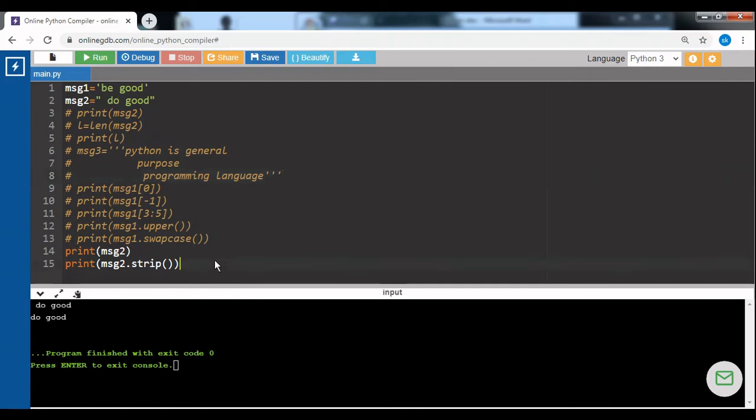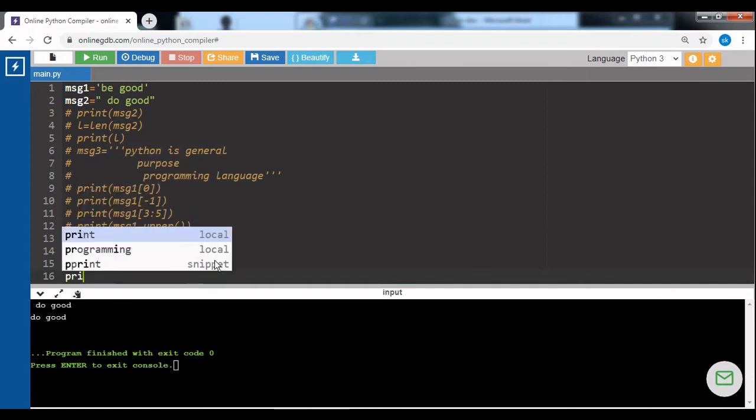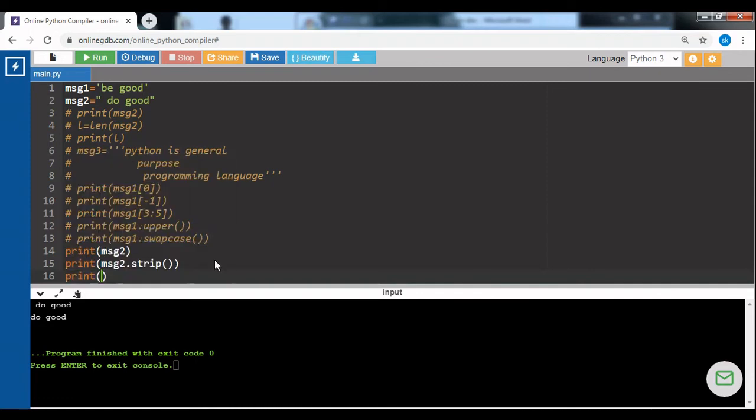Now we can also replace a specific string with a certain string. The replace function is available. Print, I want to replace good with happy. So we can use the replace function.